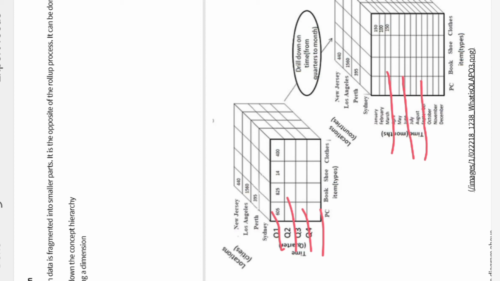Now see, this particular sale, if I am considering the cloths for quarter 1, the sale, whatever the rupees or dollars, was 400. So now it has been divided into January, February, and March. In January it was 150 rupees, in February it is 100 rupees, and in March it is 150 rupees. So if I combine this together, what will I get? I will get 400, right? So the sale of cloths in quarter 1 was 400. In this way you can see I am drilling down to the depth.